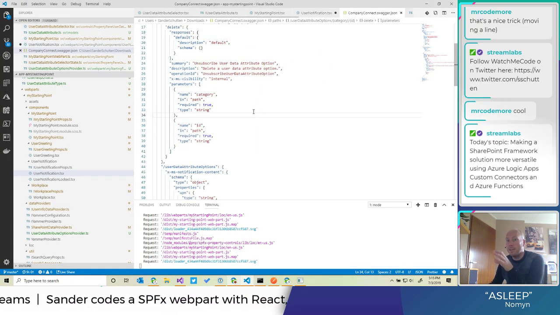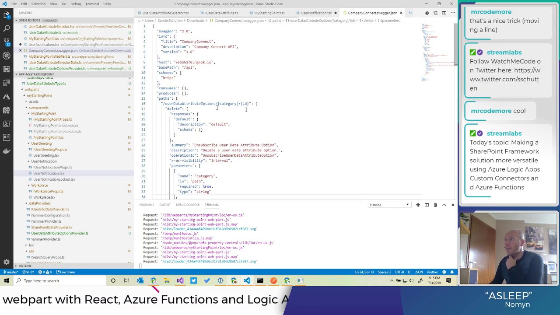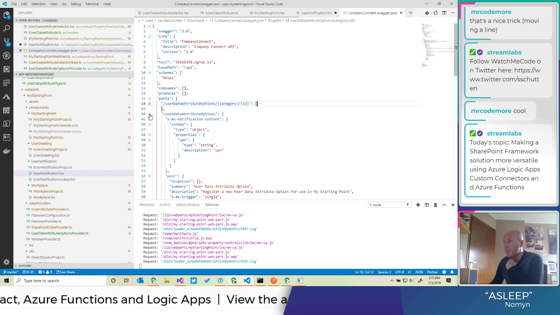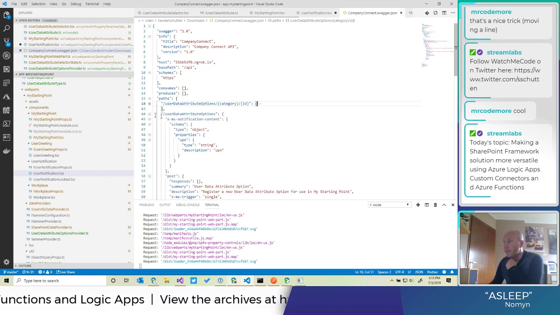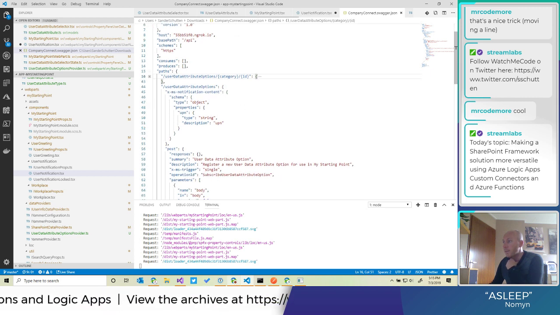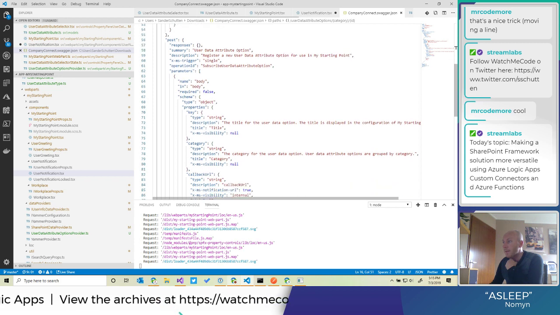So this is basically the definition that's beneath my custom connector, which is the Swagger definition or an Open API specification. It has some basic descriptions, but also the various APIs. So in this case too, we have the delete, and this is the create or the subscribe, and here we have the descriptions.